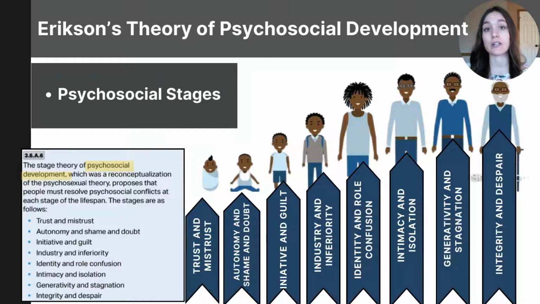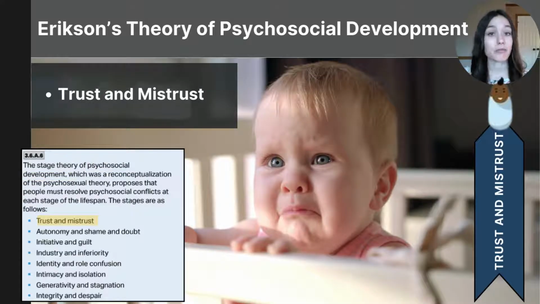I find that Erikson's stages are difficult for students to remember due to the number, because there are 8 stages, and also the length of their titles, because each name is named after the 2 potential outcomes, one positive and one negative, that come from each crisis. So let's start with the first stage. And as I mentioned, every stage will have a title that is named after the 2 outcomes, one positive and one negative, that can result from the crisis at that stage.